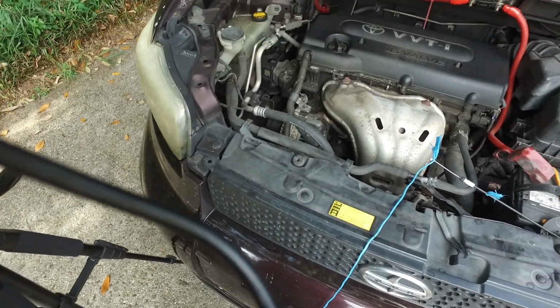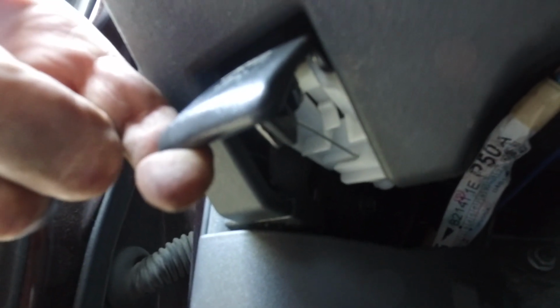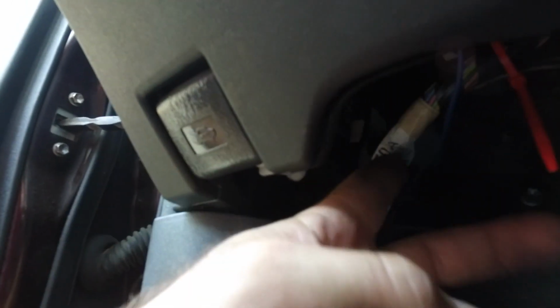So let's start hooking it back up. So once you get it run, you want to hook up this end first. The cable goes up into the slot, and that little hammer end goes into a hole and then pushes through this way. So you run it up in there, push it to the hole, put it back through the slot, goes through that white slot right there, up through the firewall. Then